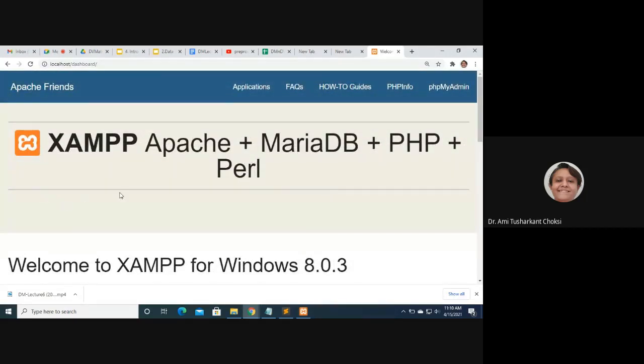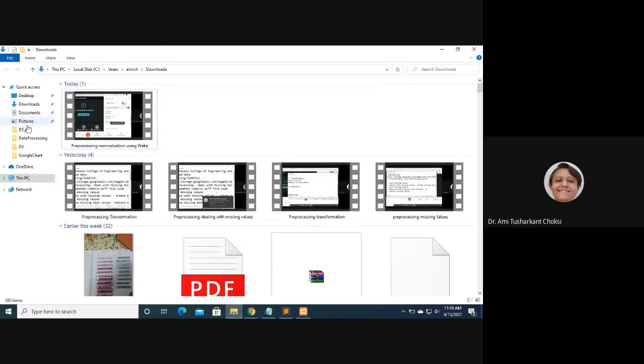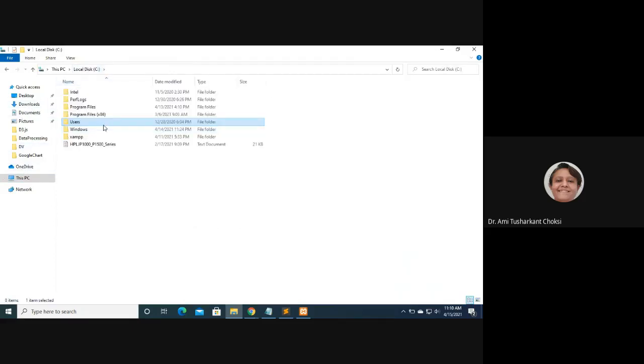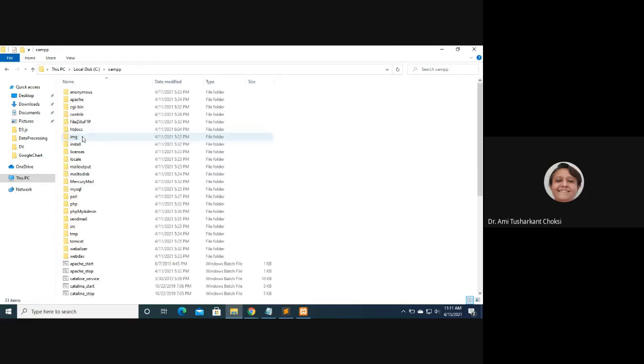Whatever docs we want to put on this web server must be in the directory htdocs, in the installation directory of XAMPP. Here, in the C drive, inside XAMPP, this is my installation directory.